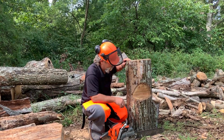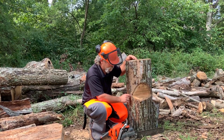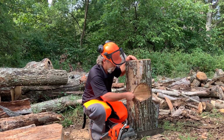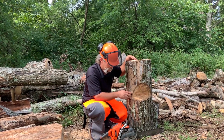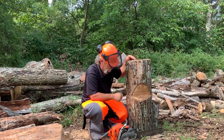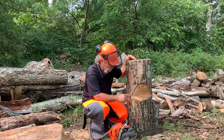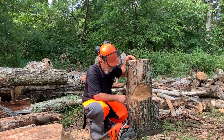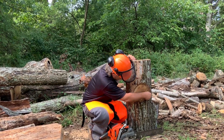So the next step would be to make a bore cut so that we can establish our hinge behind this point of our notch, so that this tree has the ability to pivot on that strip of wood as it's falling. And hinge length and width are all dependent on diameter, and hinge length would be from this outside corner to this outside corner,